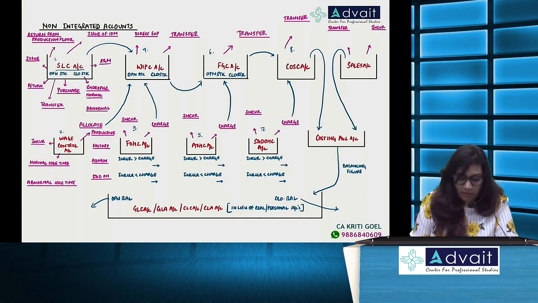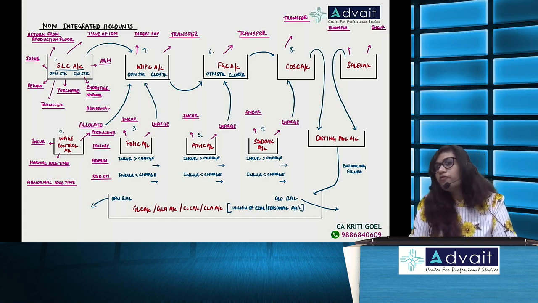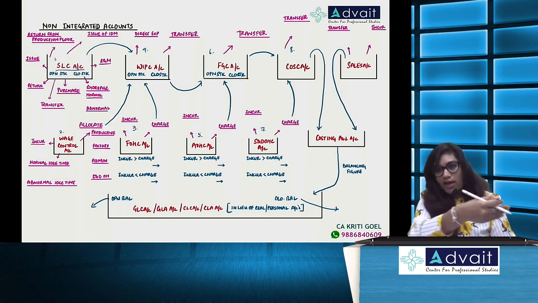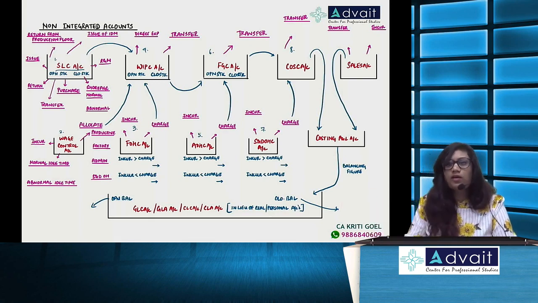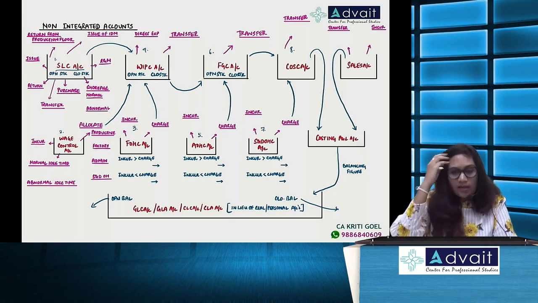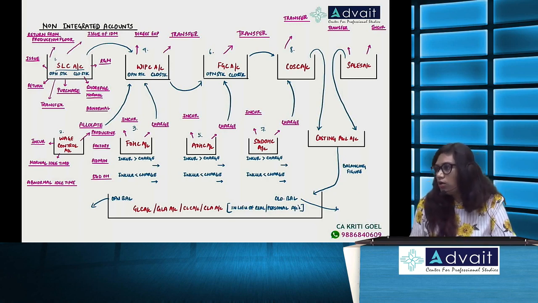See, between finished goods control account and cost of sales control account, there has to be one more intermediate account if you want to open, which is cost of goods sold account. But that is useless. Nothing happens in that account. That account takes from one account, gives to the other account, so we can ignore it. We can directly go to cost of sales control account. Okay? So the 8th account is cost of sales control account.